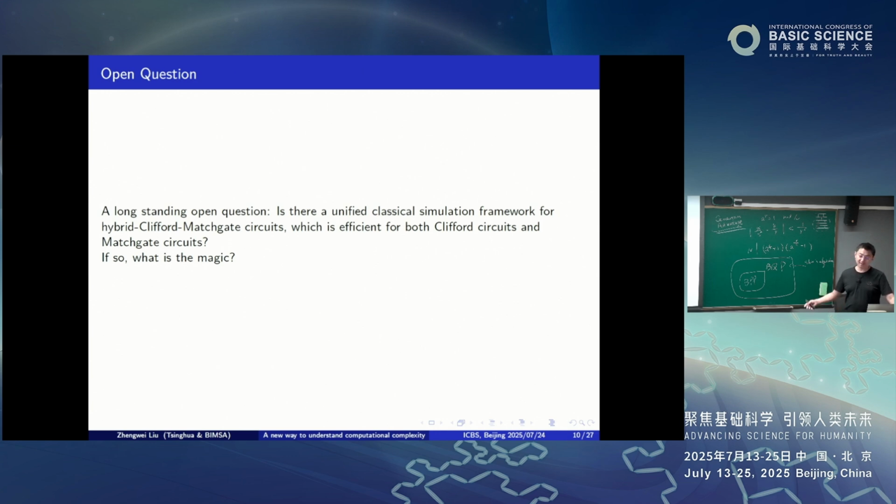So when I first got in touch with this problem, it was a very natural one. In a sense, it's the kind of question you ask, but it's not natural to expect a solution, since the algorithm for Clifford circuits is given by symplectic transformations, while for matchgate circuits it's given by Fermi and Pfaffian methods. These two have nothing to do with each other. We have no idea what's going on. There's no mathematical reason to unify them.